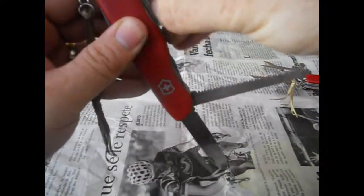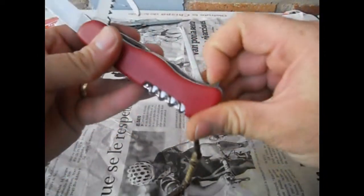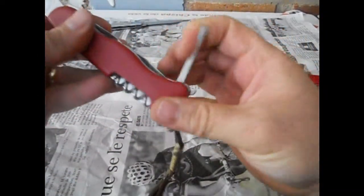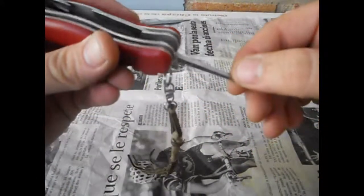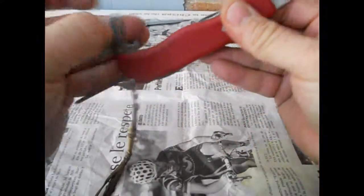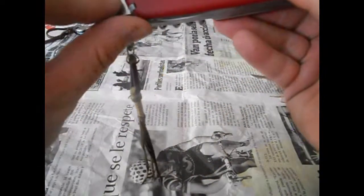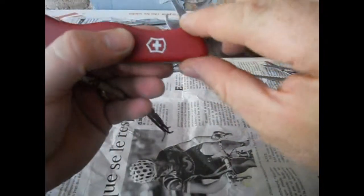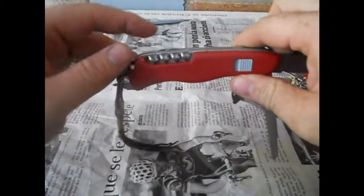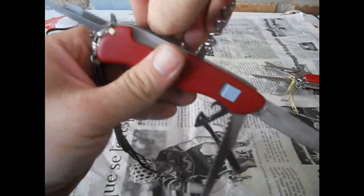Okay, we also have the scissors. Okay, under the scissors you have the Phillips screwdriver. This has a very strong lock. That's something good. You also have the bottle opener, flathead screwdriver, and the wire stripper. And on the other side you have the can opener. In here you have the corkscrew, and you have